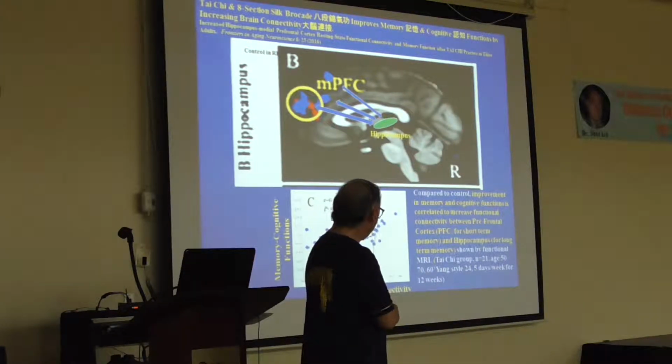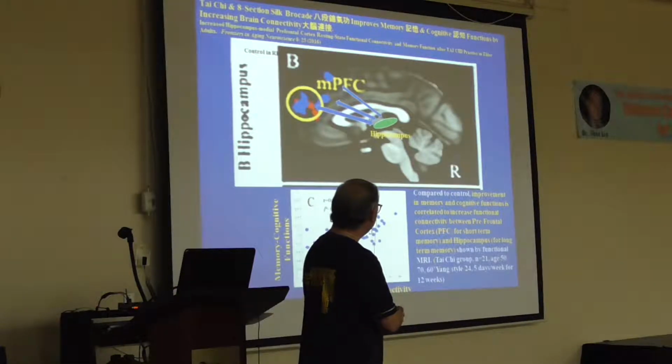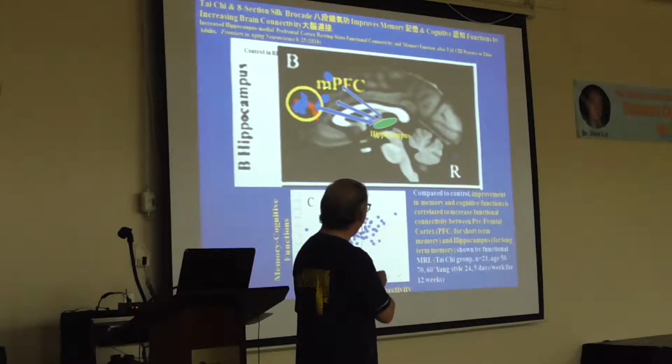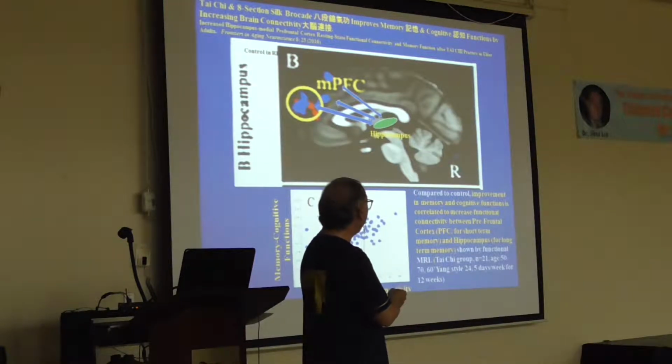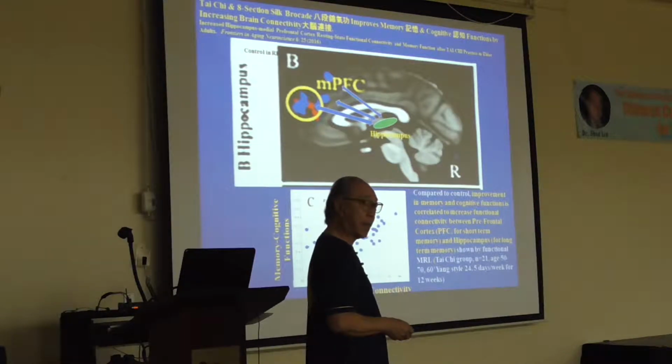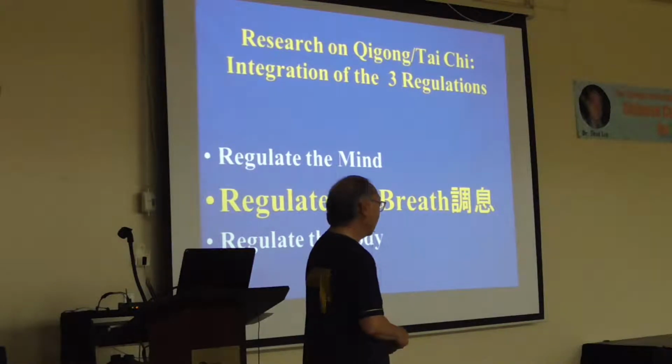Furthermore, in this study, they show that the people who have more and more connections on this line score higher and higher scores on memory tests and cognitive function tests. You can see this line. So in other words, more communications between the hard drive and the RAM, so to speak, they score better in tests that you can do in the laboratory. So practicing Qigong, Tai Chi could give you that sort of benefit in the brain. Next,